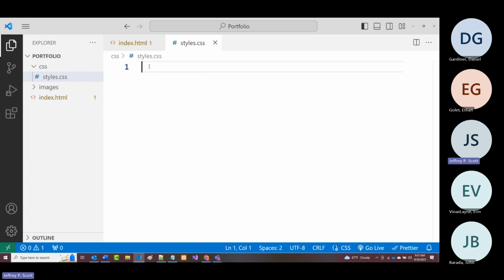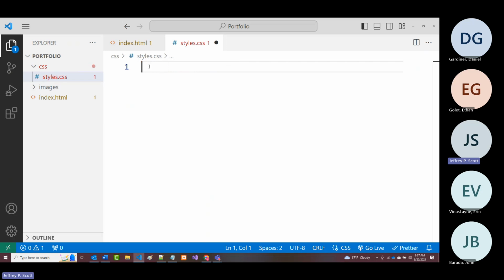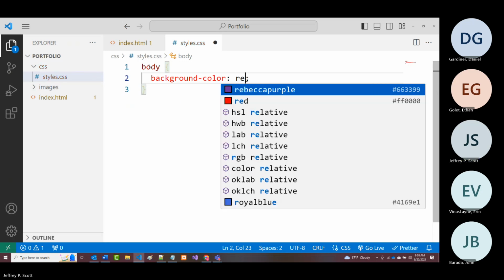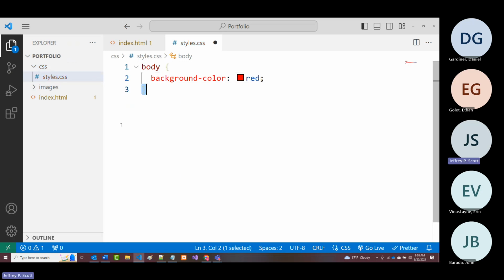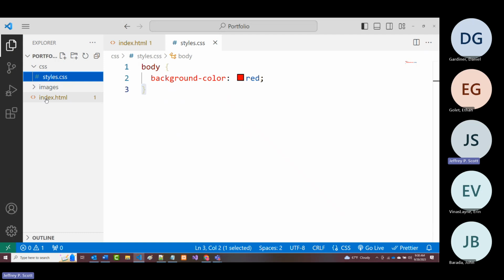And just to make sure it works, I'm going to put in here background color red. Whoops, yeah, I have to do it for the body. Body background color red. Just to see if we're able to hook up to it and everything looks fine, and it should. So let me do a file save on that,